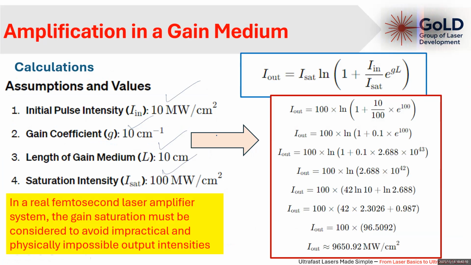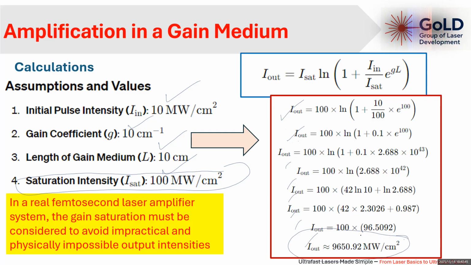If you want to design an amplifier practically, you have to consider the saturation intensity, the gain saturation concept. It is a must. If you substitute these values, after some steps at the end you get 9650.92